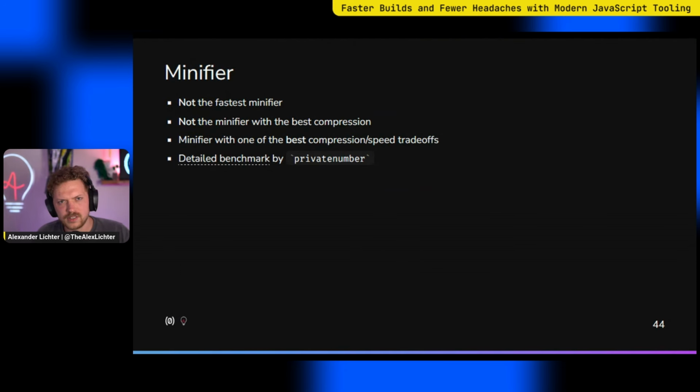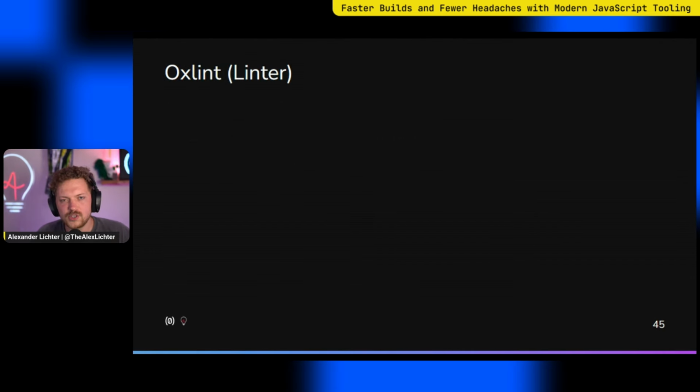Nevertheless, these are the parts, as I said, that are more interesting for, okay, I'm building some kind of library I want to use, the minifier, to make sure the library's minified eventually, my own build. But this is ideally also all just built into Rolldown Vite. Now we're talking about interesting stuff here, the linter, right?